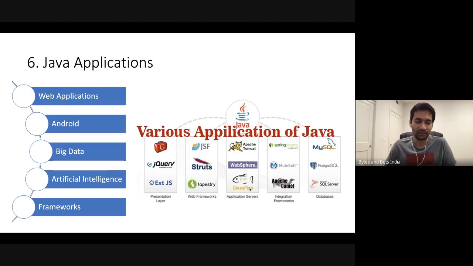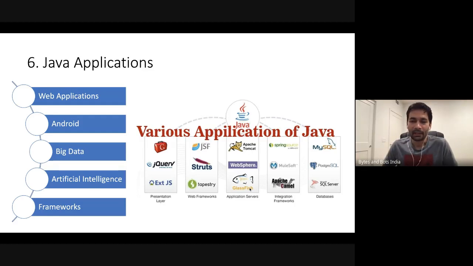It's just not feasible because those are so complex. So what people generally do is write one web server and make it into a framework. As an example, in this diagram on the right of the screen, there's Apache Tomcat, which is a web server, WebSphere, Glassfish. So there are so many options to choose from. Now when you want to write your own web application, you don't need to write a web server. You can just use Apache Tomcat and give it the logic that you want to run.